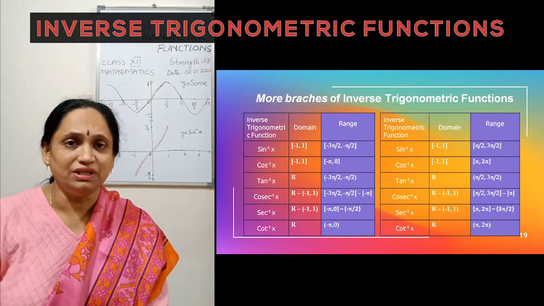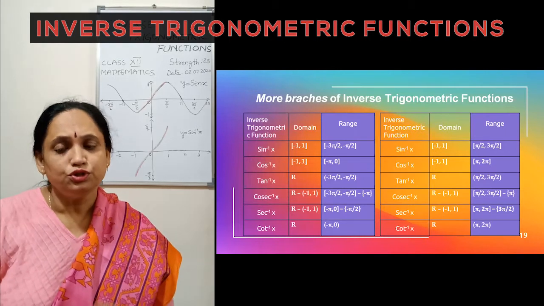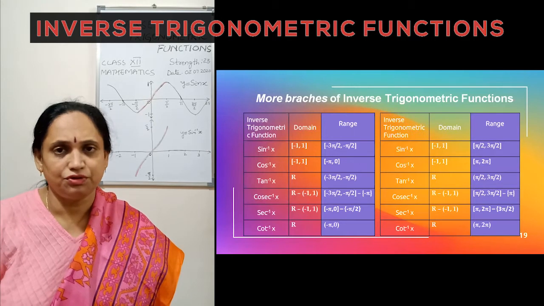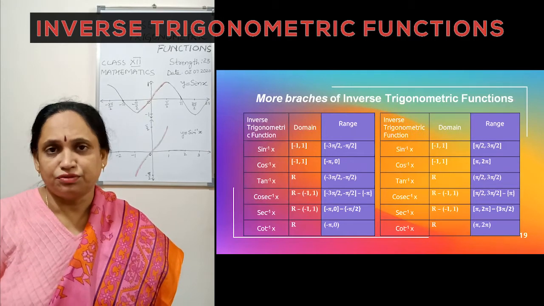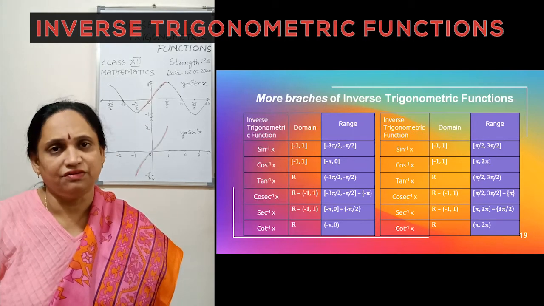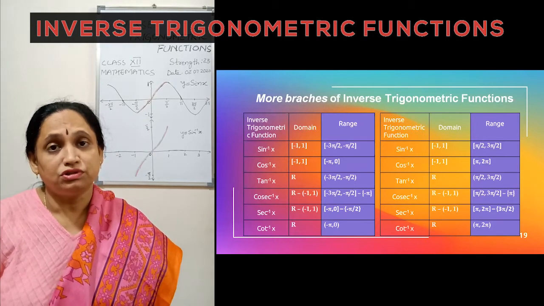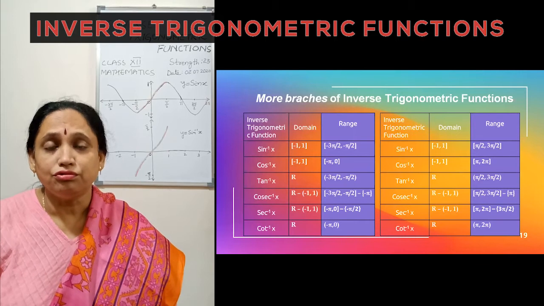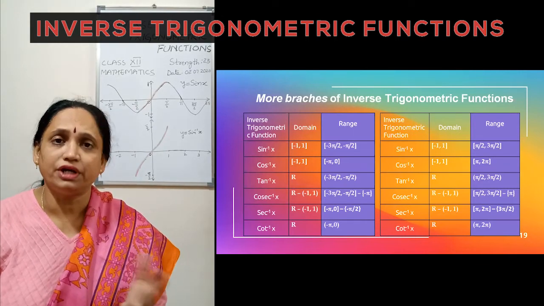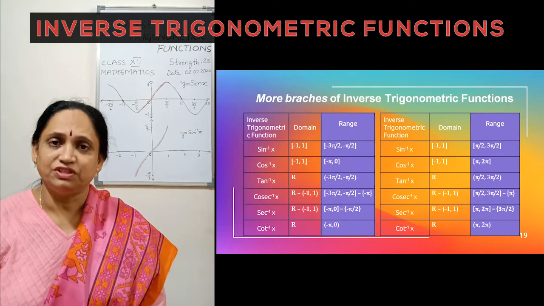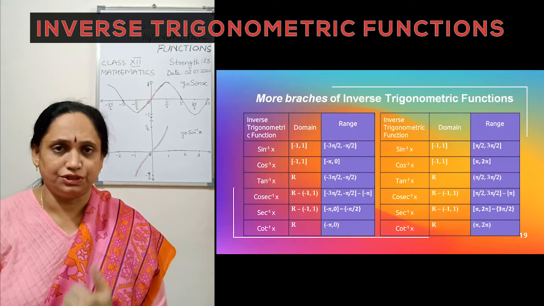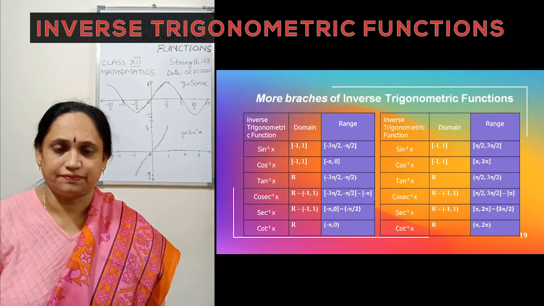So, for example, I have shown you on the slide 2 different branches. There are infinite number of branches that you can find where the trigonometric functions would be one-one and onto, and you can everywhere find the inverse trigonometric functions. So that is the reason you need to look at the question whether you are asked to find a principal value branch or any value. Okay, the general solution or the principal solution, which you would be doing later on when we do the exercise.